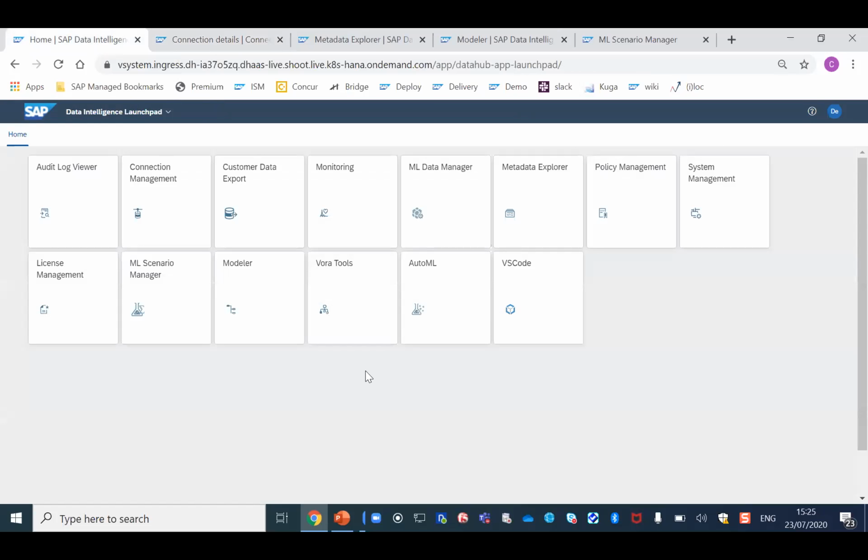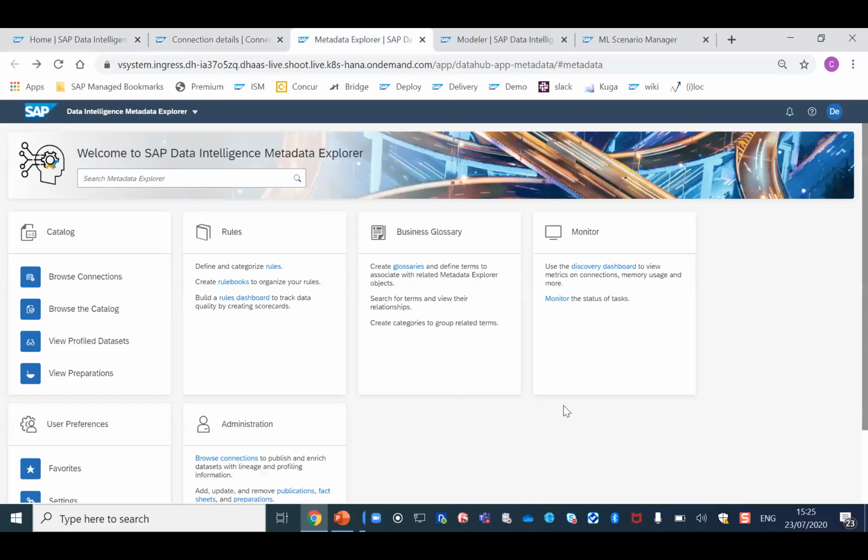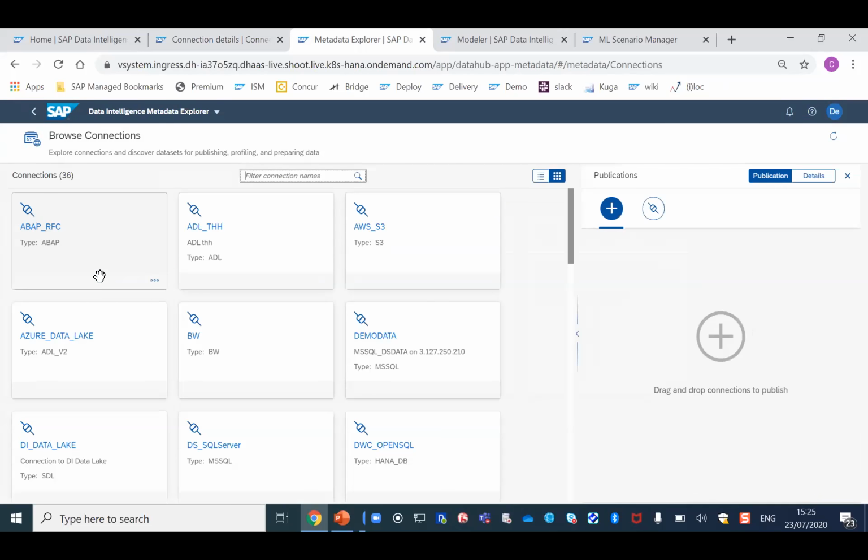In order to proceed further, we can go to the Metadata Explorer. So the Metadata Explorer is the central entry point in order to manage all the metadata assets and all the data assets, so to say, across the connected landscape. So you can build up a metadata catalog, as already said at the very beginning, and this can be done right here. So you can click on Browse Connections,